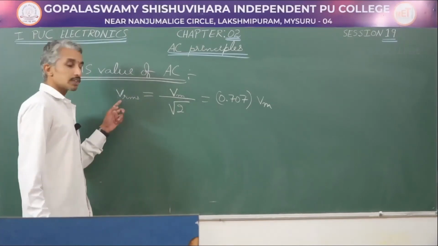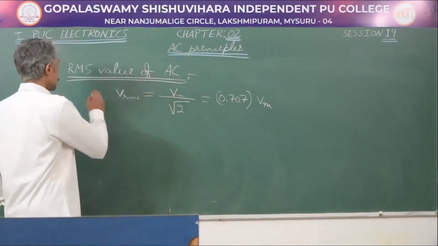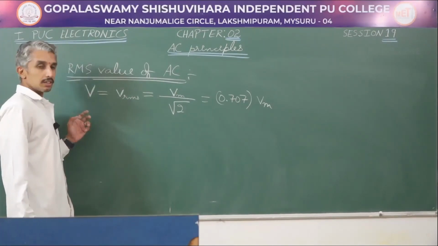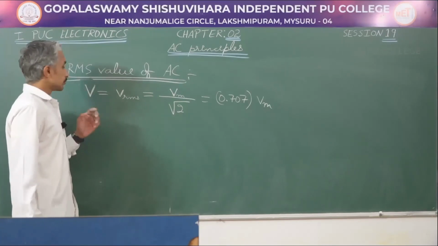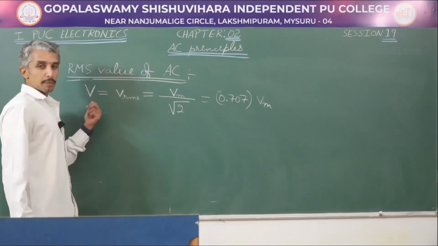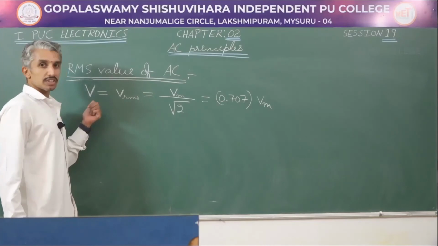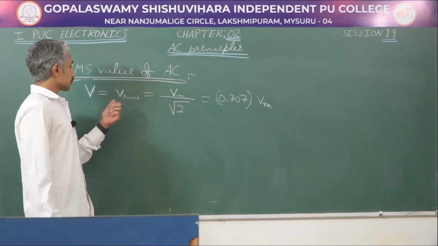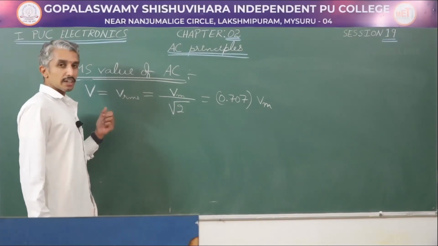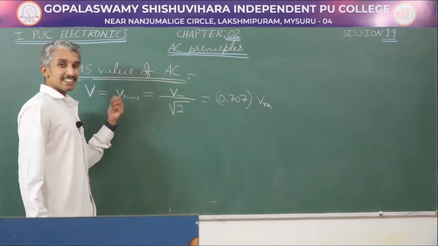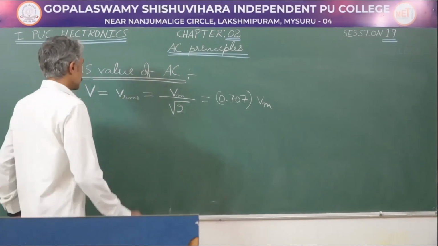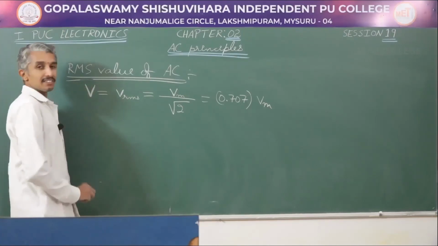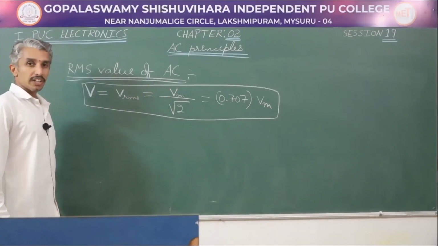As Vrms is also defined as the DC equivalent, Vrms can also be written as capital letter V. Generally, in electronics or in physics, capital V and capital I are used to represent DC voltages and DC currents, whereas small letter v and small letter i are used to represent AC voltage and AC current. Therefore, Vrms, which is the DC equivalent, can be represented by capital V. The same applies for current.